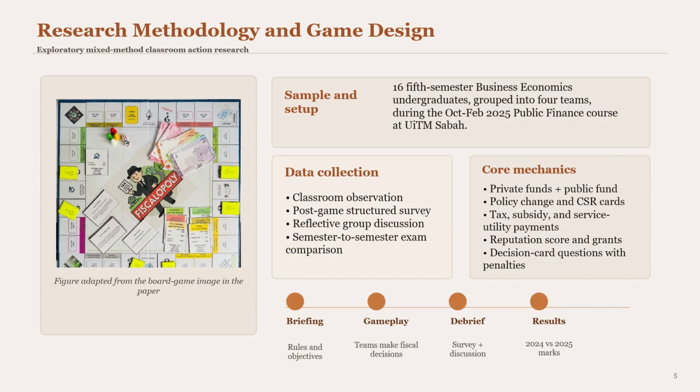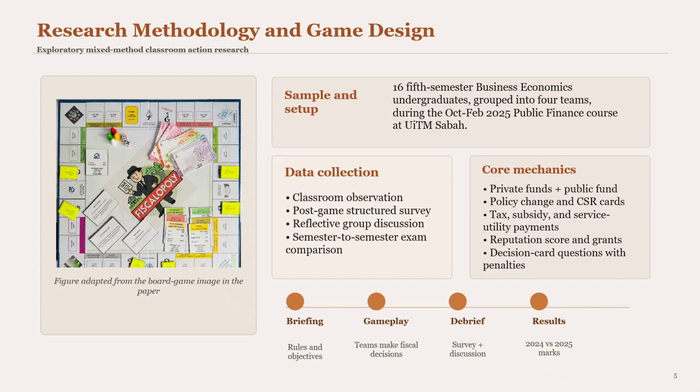So next is the research methodology. This study used an exploratory mixed method classroom action research approach. In simple terms, that means the researchers were not relying on only one type of data. They combined classroom observation, student feedback, group reflections, and comparison of academic performance. The study